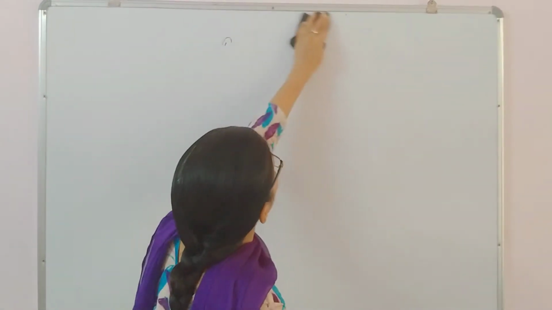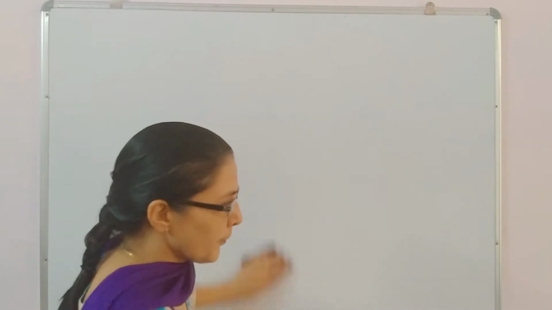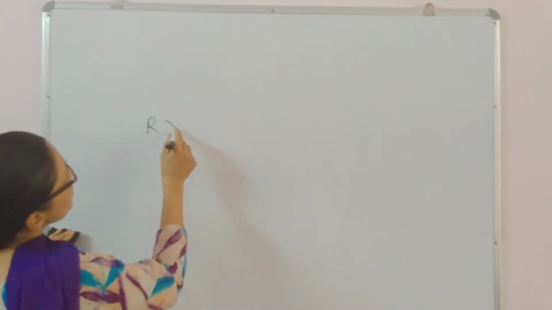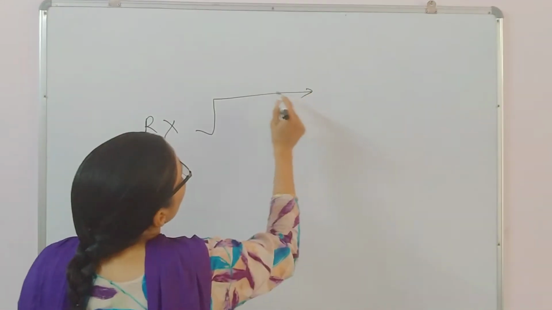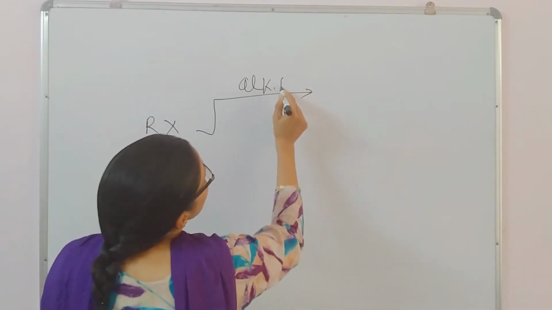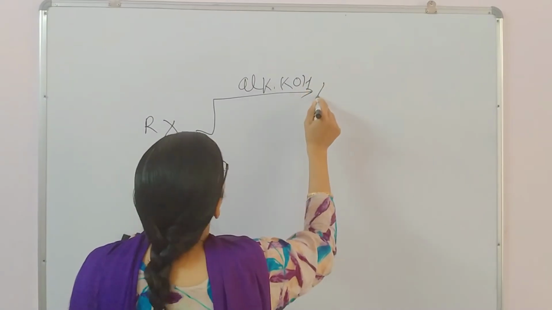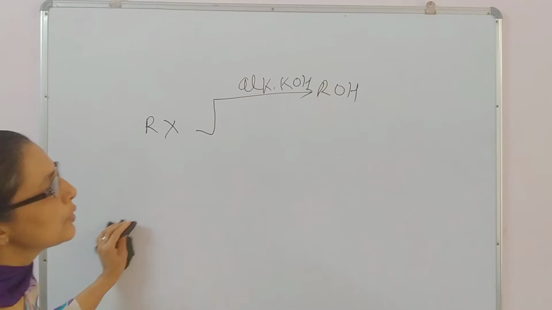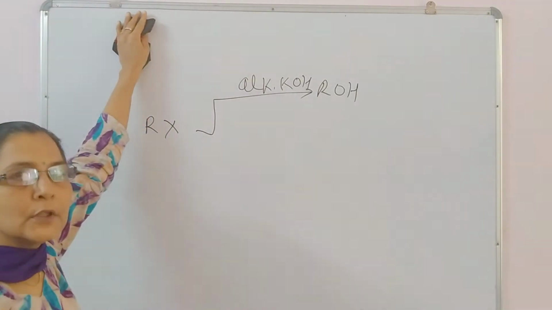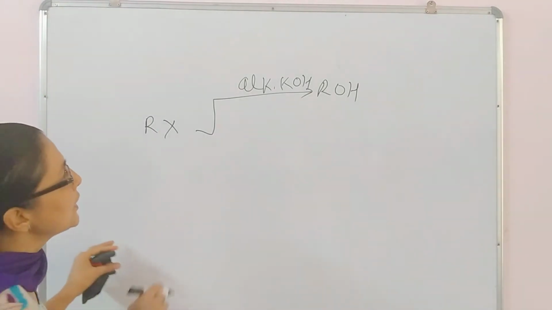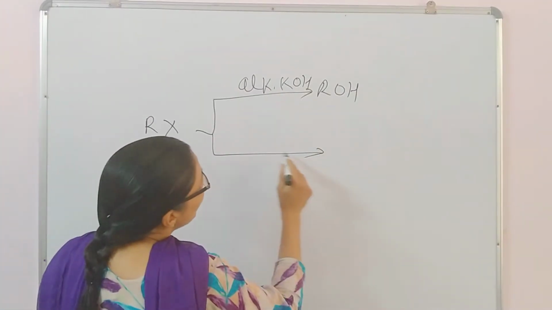We have studied all 10 reactions. I sent you a pic of all the reactions. Again, I am giving a little bit of revision. When Rx is treated with aqueous alkaline KOH, there will be formation of ROH. Here general studies are ongoing. I am not doing SN1, SN2 again. That is over. I sent one pic of all 5-7 reactions, and here alcoholic